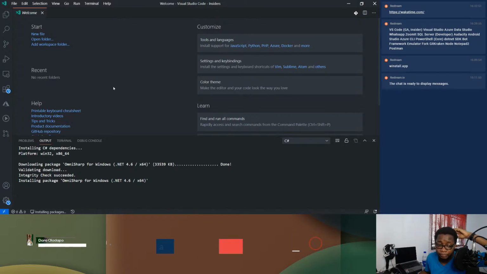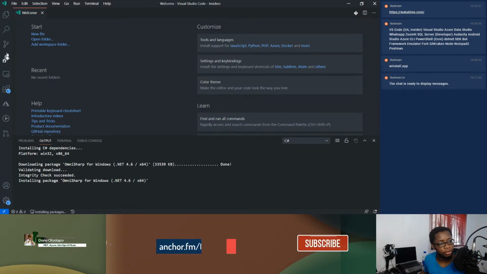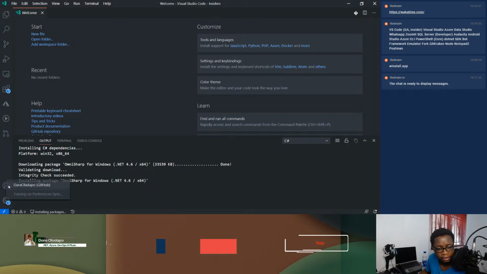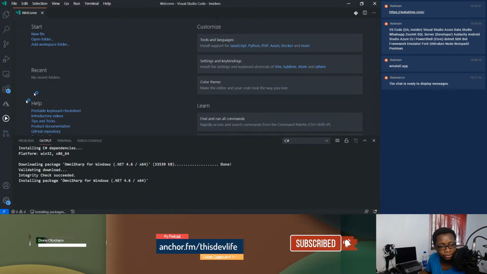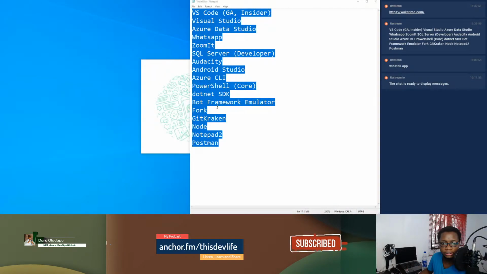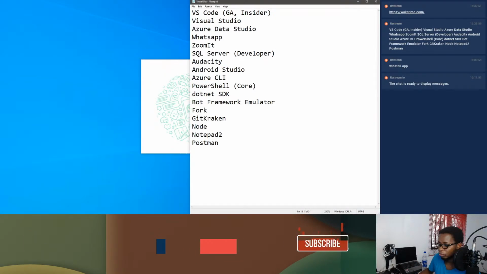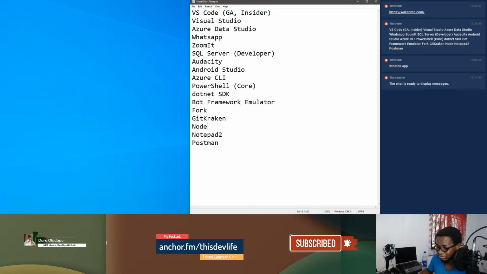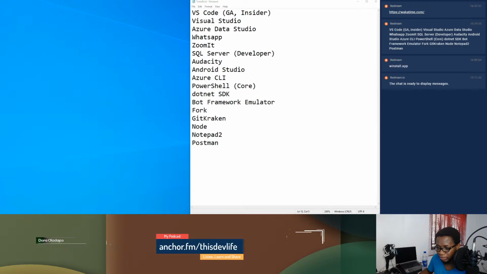So it's still downloading all the other stuff, and you can see my extension is just loading up by itself. I have Azure, I have GitHub Actions, I have GitHub pull requests, and it's actually signed me in here also. So I'll just leave that to do its own thing, and then I'll proceed now. WhatsApp is still on, which is very weird. Okay, anyways, let me go ahead and start the installation of Visual Studio,